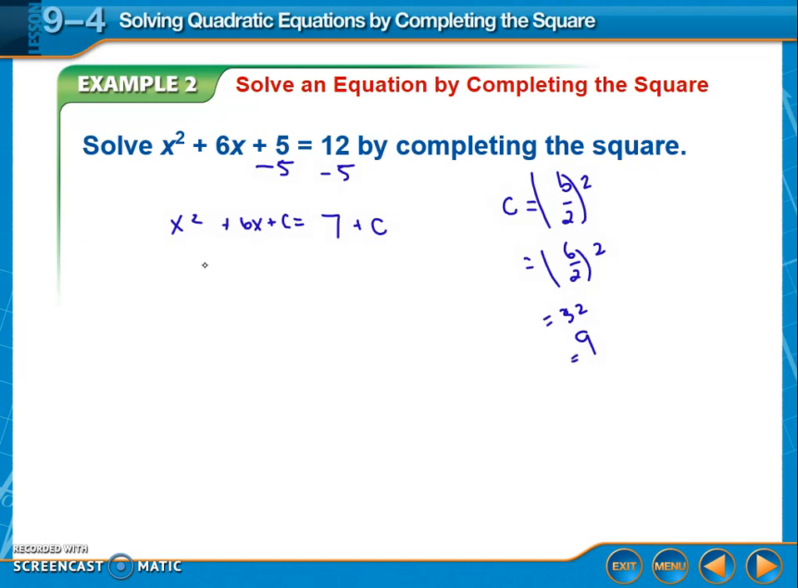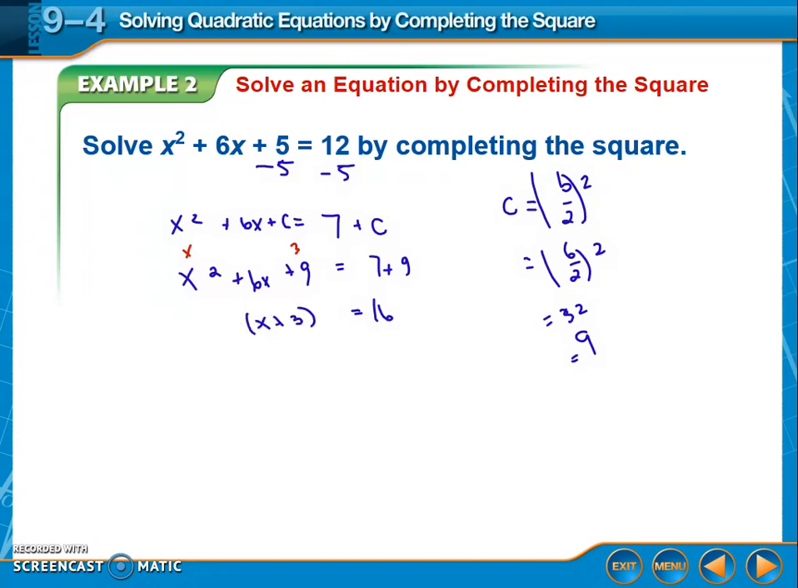So I'm going to add c to both sides. So I'm going to have x squared plus 6x plus 9 equals 7 plus 9, which is 16. Okay, so if I factor this side, you can think of it as a perfect square trinomial because we just said it's going to work. That's x, and that's 3, right? 3 squared is 9. x times 3 times 2 does give me 6. So this is going to be